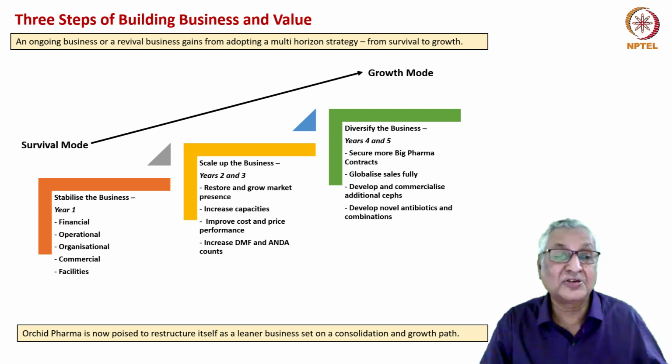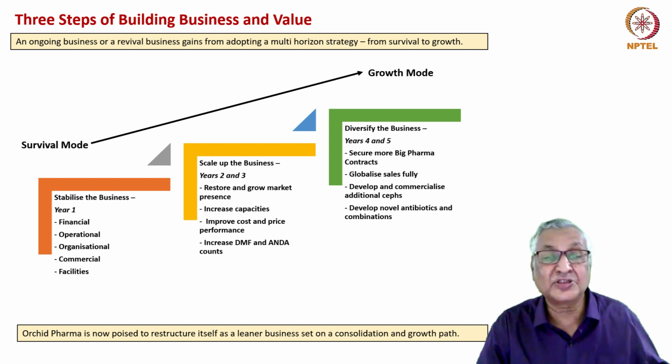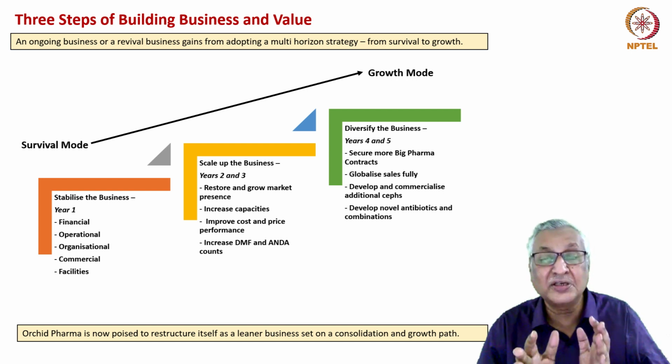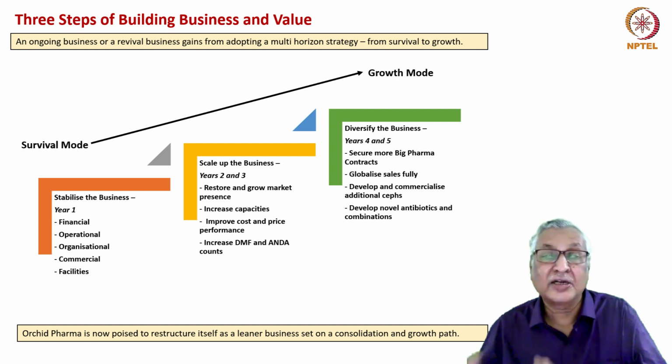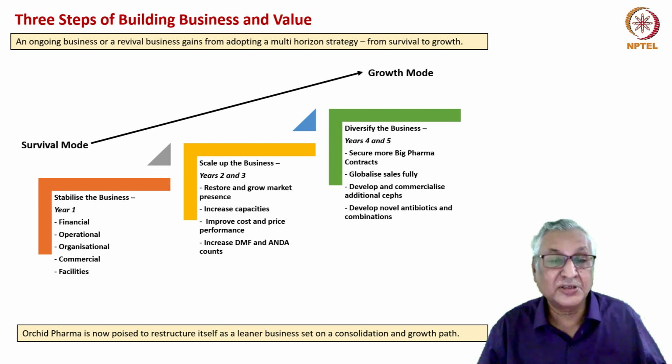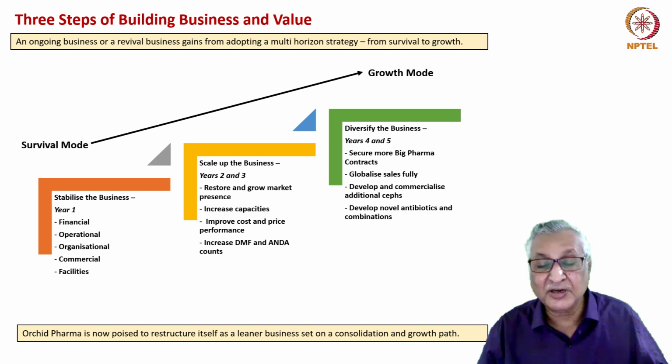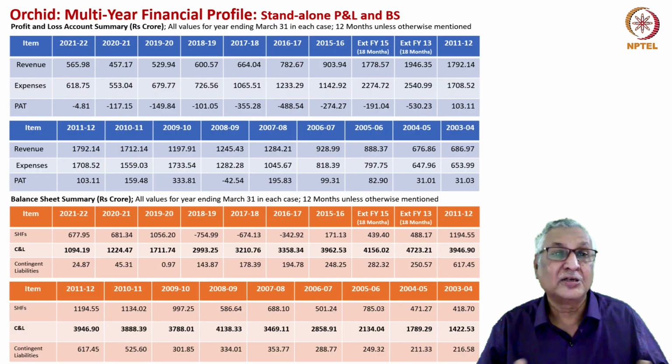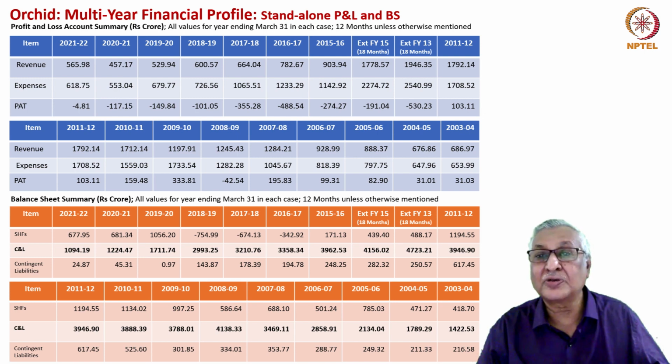So, stabilization of the business should ideally occur in the first year, scaling up of the business in the second and third years, and diversification of the business in the fourth and fifth years. Orchid Pharma in the second year is now poised to restructure itself as a leaner business set on a consolidation and growth path. I have given here a multi-year financial profile of standalone profit and loss account and balance sheet